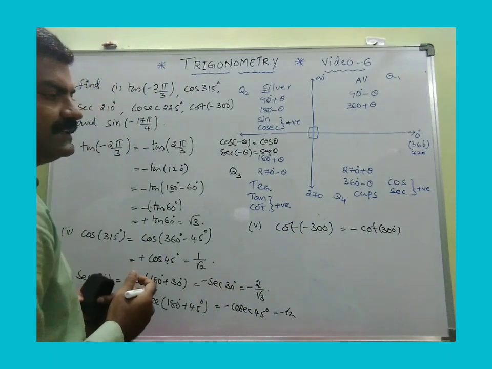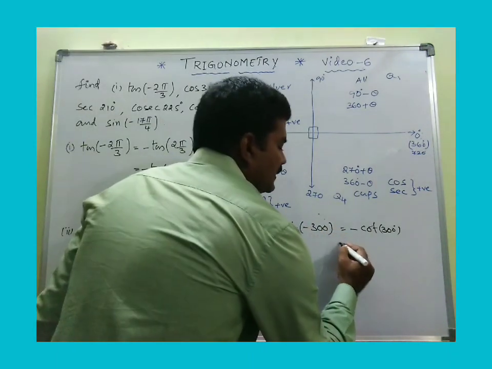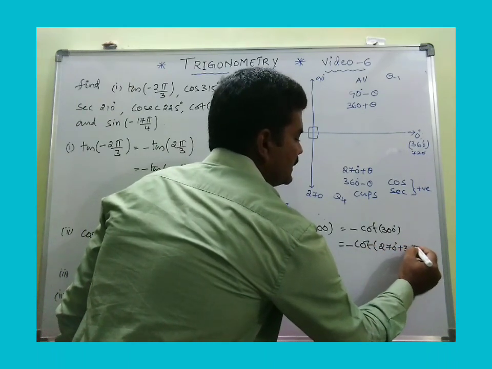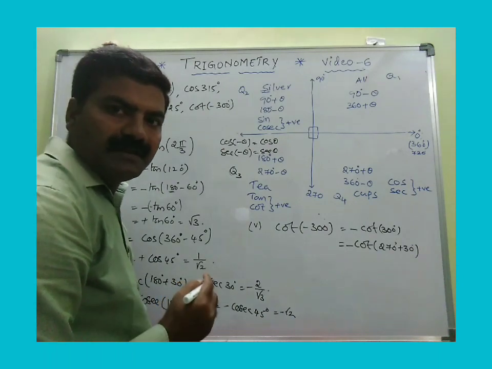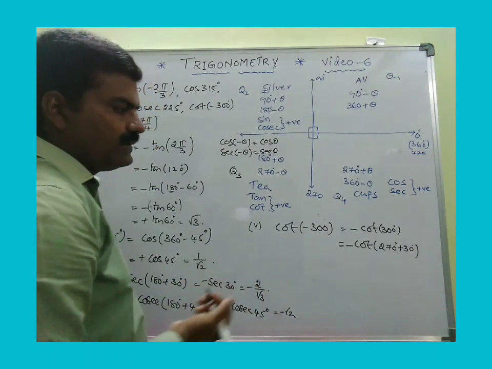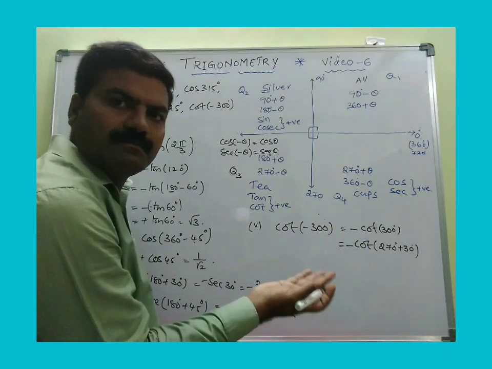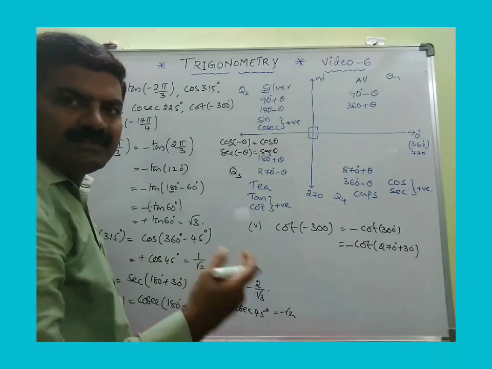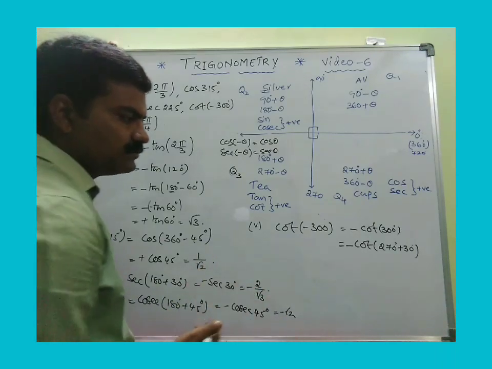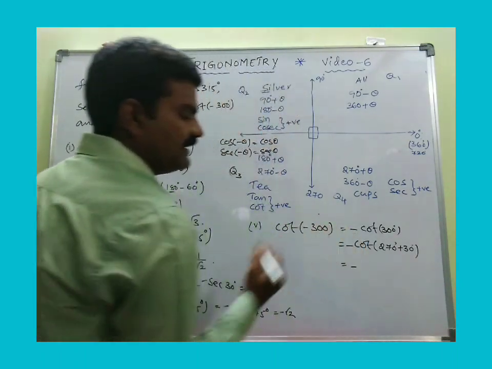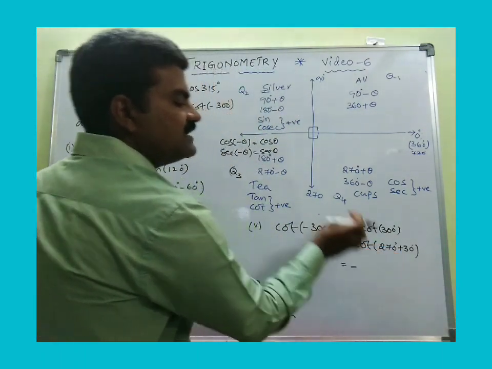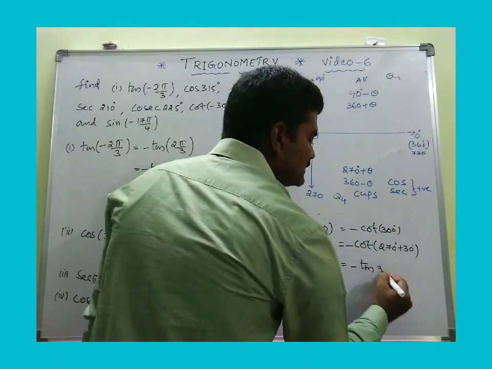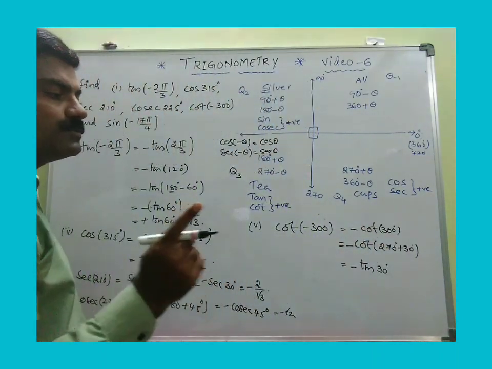So how can we write 300 now? See, minus cot of 300, I want to write it as 270 plus 30. Why not? Even if you want, you can write 360 minus 60, no problem. Please try this method in your free time, and the other method also. First of all there is a minus. Because of 270 there is a change in the cot, and cot changes into tan, and the angle is 30 degrees. Now question number 2, please do not forget.